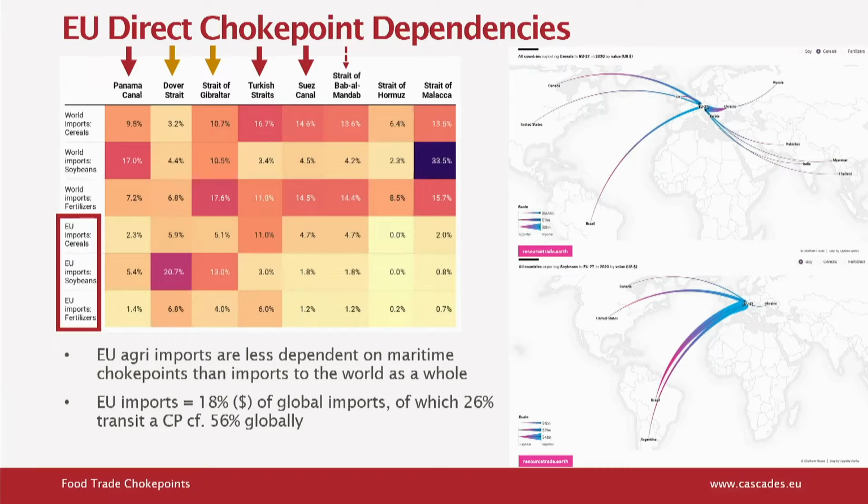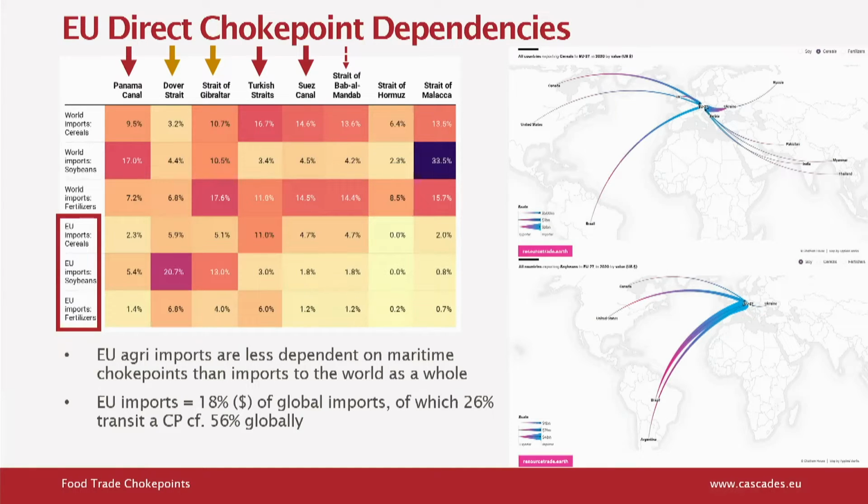And of the two which are most concerned to the EU, the Dover Strait between England and France and the Strait of Gibraltar between Morocco and Spain, those are the most important ones. But as the EU is a littoral state, it borders directly those choke points, so they have a lot more control over the passage through there than some of the more globalized ones. So we focused our analysis on the next most important ones, which are the Panama Canal, the Turkish Straits, and